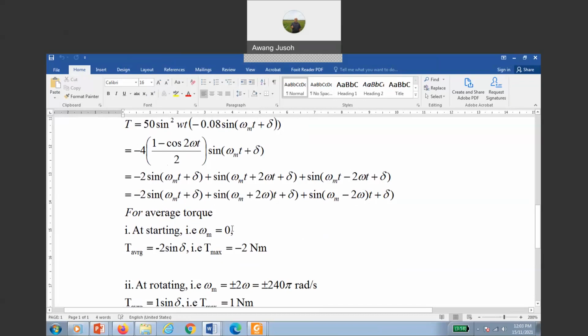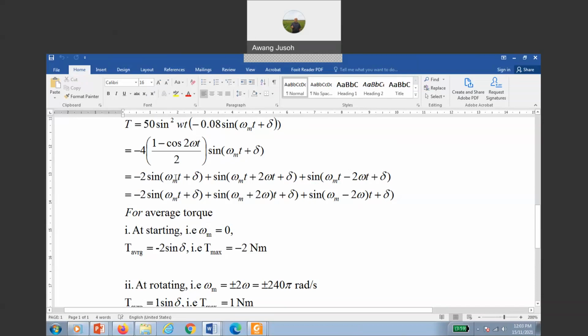If this coefficient or multiplier of t equals 0, then we have torque. So the first case is at starting. Starting means speed equal to 0, so we just set omega m equal to 0 there. Multiplied by 4, of course it produces torque, since this term is not 0. The other terms do not give torque because with omega m at 0, you still get sine (2 omega t plus that), so this term is still there and its average is not 0.